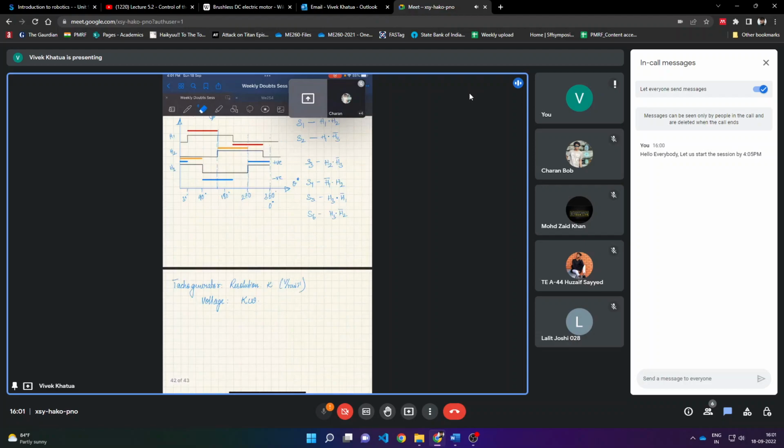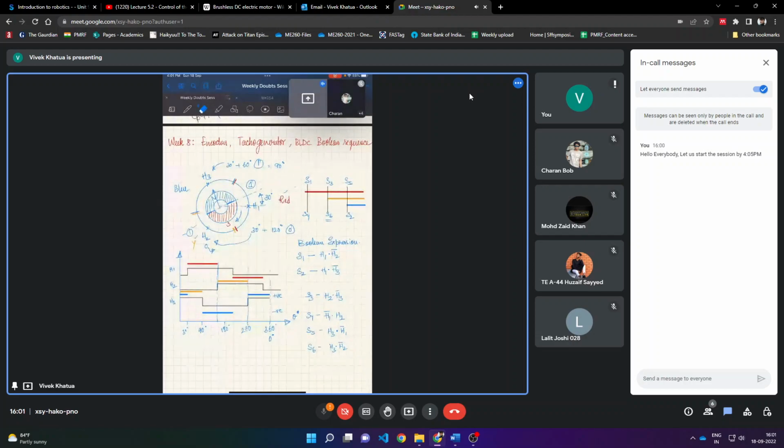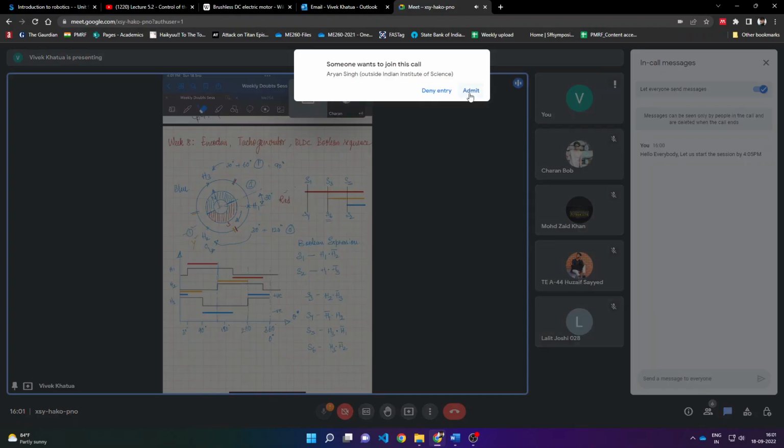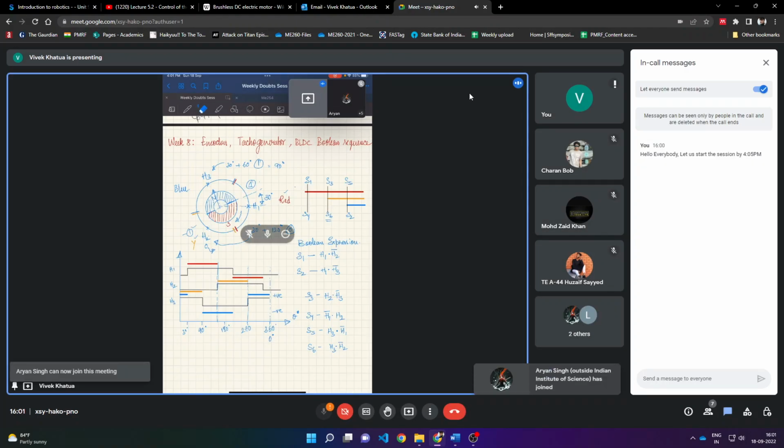I guess this week's assignment is based on encoders. This week it's been covered with absolute and incremental encoders, and along with that,